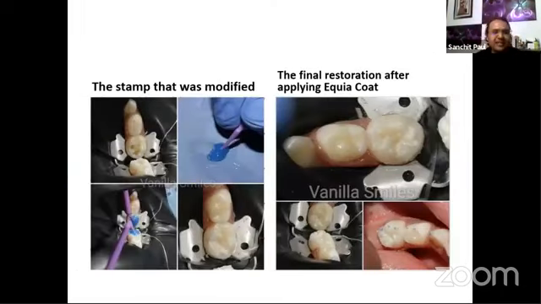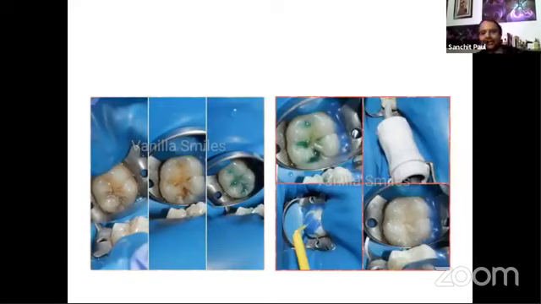Now, the technique is simple. We really need to elaborate on that. But basically, we can use a liquid dam or very unfilled resin over there and press it with the cut portion of the microsponge brush and quickly light cure it, get the stamp out, then do a restoration preparation, and then put that stamp with a layer of glycerine so that it doesn't stick, and then light cure it.